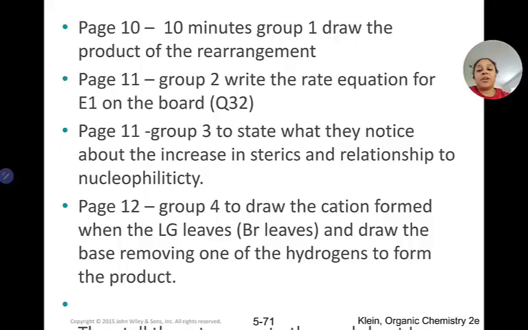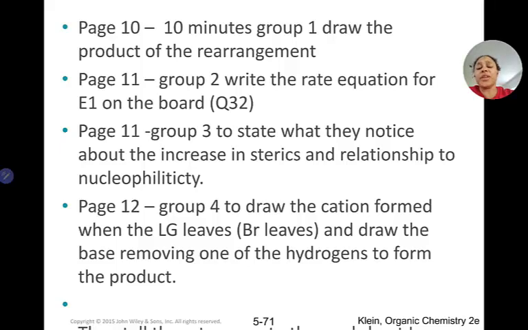As you're working on your worksheet, Dr. Shelby will call different groups up to the board to do different parts of the worksheet up to a certain point. So after you finish watching this and you've moved on to page 10 of your worksheet, group 1 is going to be asked to draw the rearrangement, so pay attention to the questions on Canvas to help you. On page 11, group 2 will be asked to write the rate equation on the board for